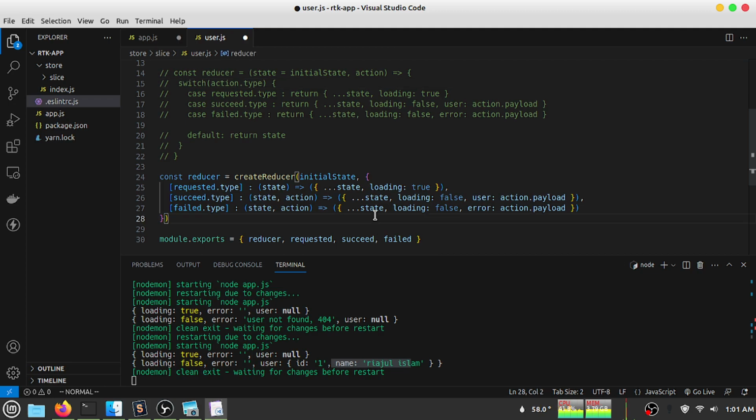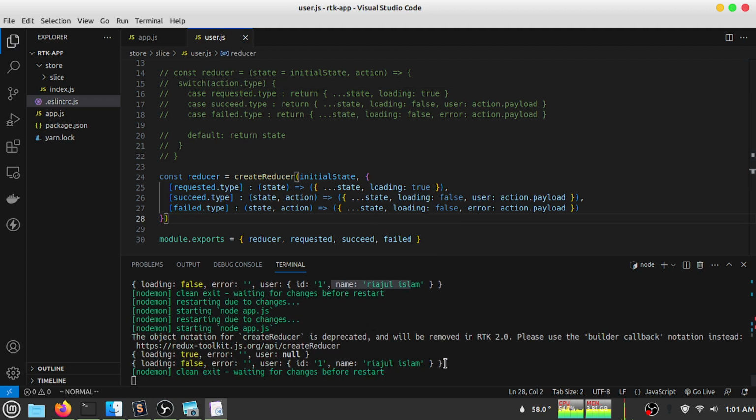If I save my file, I can see I am getting the same output, but when I use this way, it says that the object notation of createReducer is deprecated and it will be removed in Redux Toolkit version 2. Please use the builder callback notation instead of the object notation. That means createReducer has two ways to create the reducer function. One is the object notation that we use here, and this object notation will be deprecated in Redux 2.0 version. So we have to use the